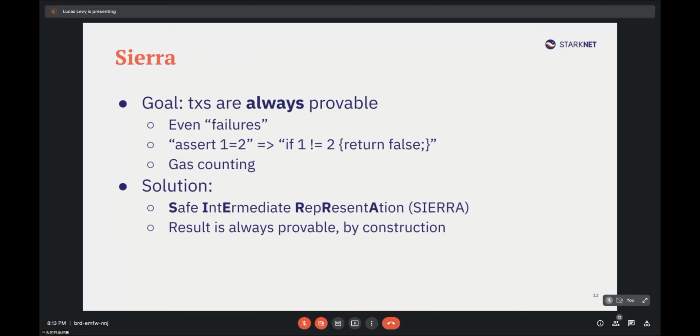Either you propagate it in the transaction and you revert it, but it won't be a real revert. It will be provable, so we'll be able to take fees, and it will make gas counting easier for us. The solution is called Sierra, which stands for a safe intermediate representation. And yes, the result is always provable by construction.